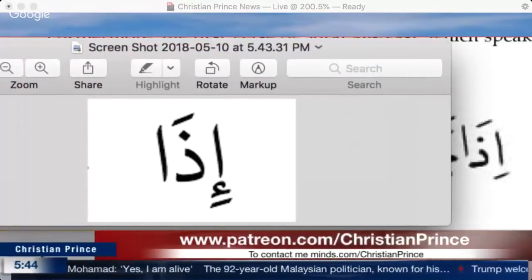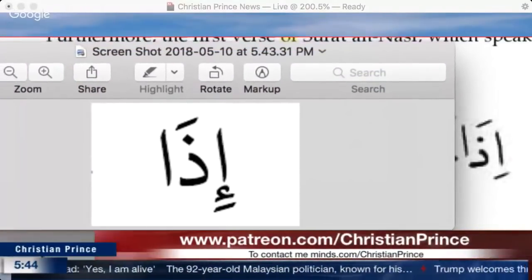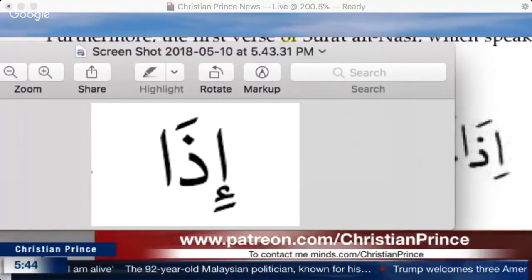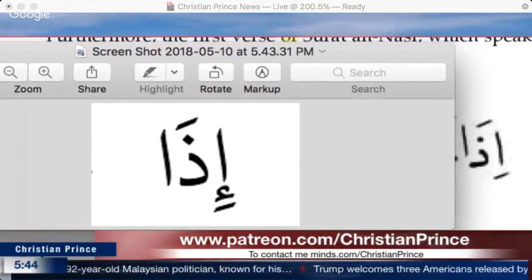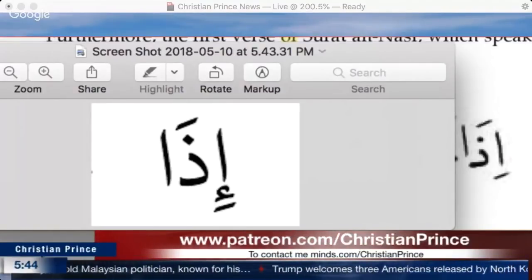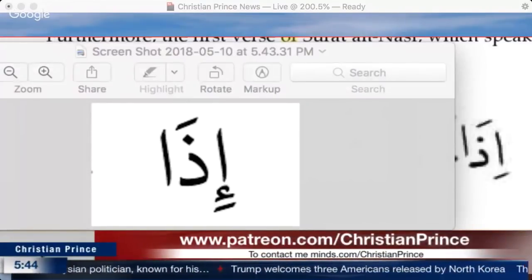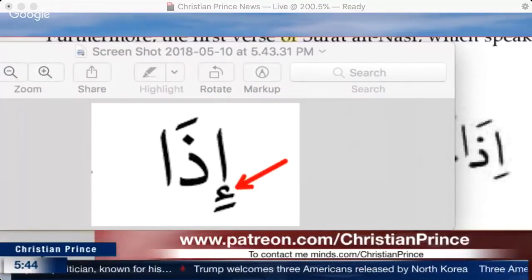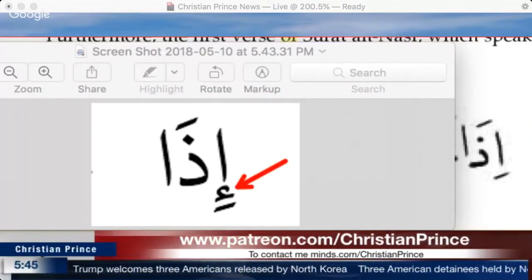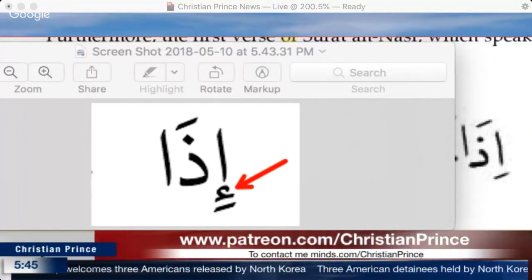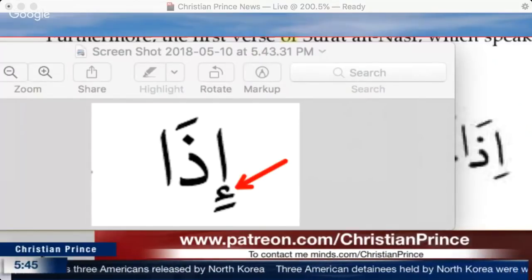Anyone notice what is the difference between the two words? This is the same verse. This is the same exact verse. What the Muslims did here, they took off this letter, and we showed you in their page they calculated just the table before as a letter by itself. Why did they take it off?